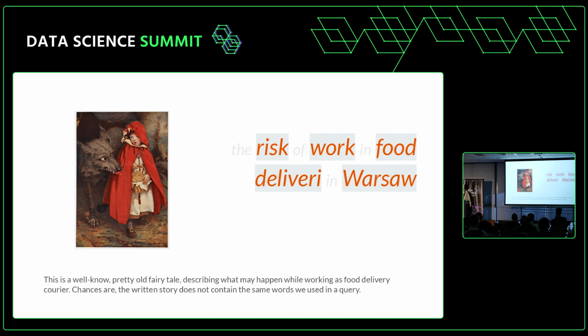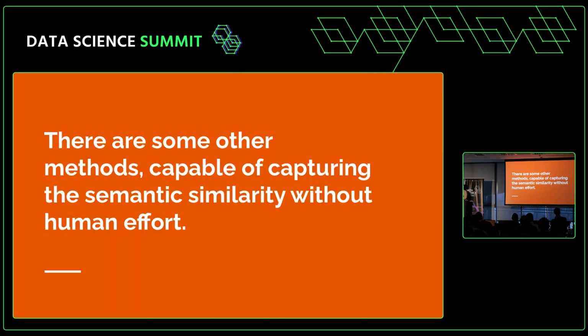And actually BM25 is based on the inverted index structure that is quite commonly used, and it dates back to the 15th century, if I remember correctly. But there are also some other methods which do not require providing all those manual processes, all those heuristics, and that can solve the issues that we have with textual search almost effortlessly. And those methods are purely based on neural networks,